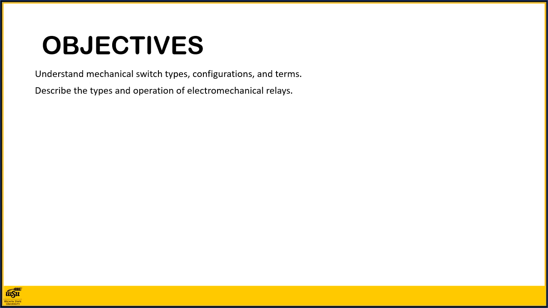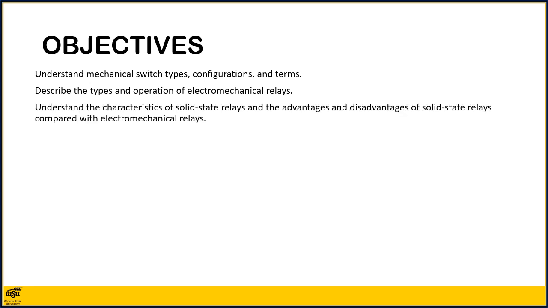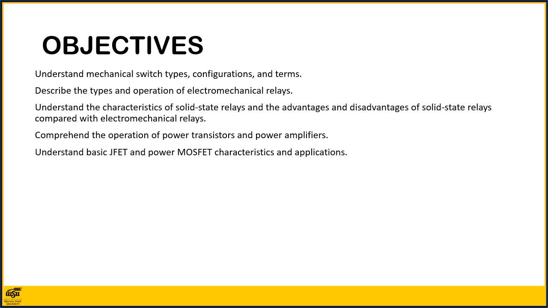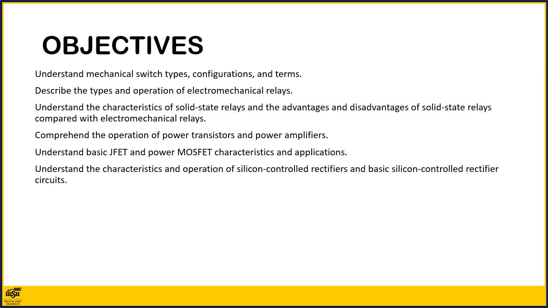After studying this chapter, you should be able to understand mechanical switch types, configurations and terms, describe the types and operation of electromechanical relays, understand the characteristics of solid-state relays and the advantages and disadvantages of solid-state relays compared with electromechanical relays, comprehend the operation of power transistors and power amplifiers, understand basic JFET and power MOSFET characteristics and applications,